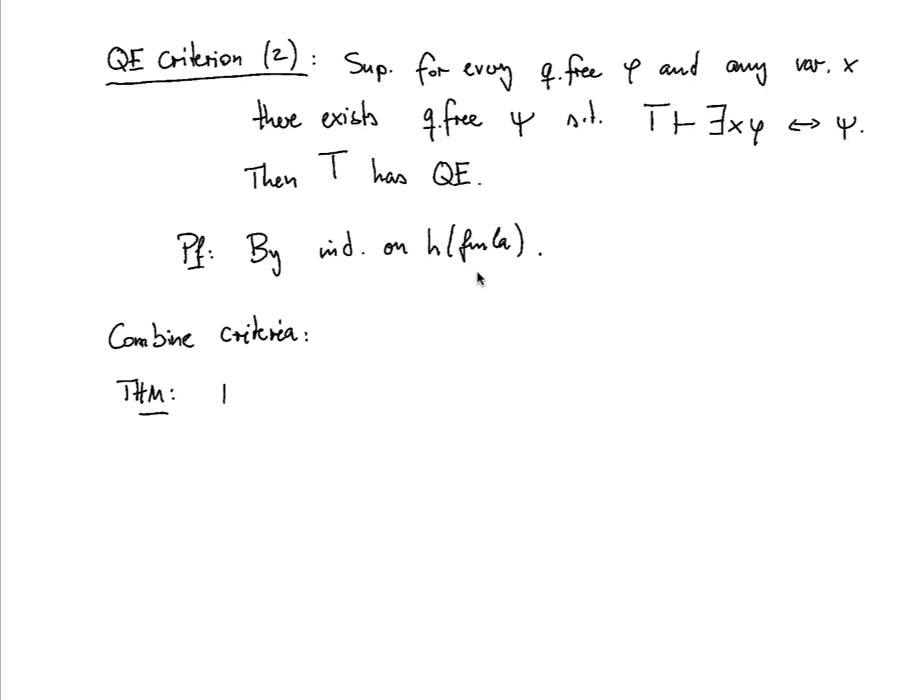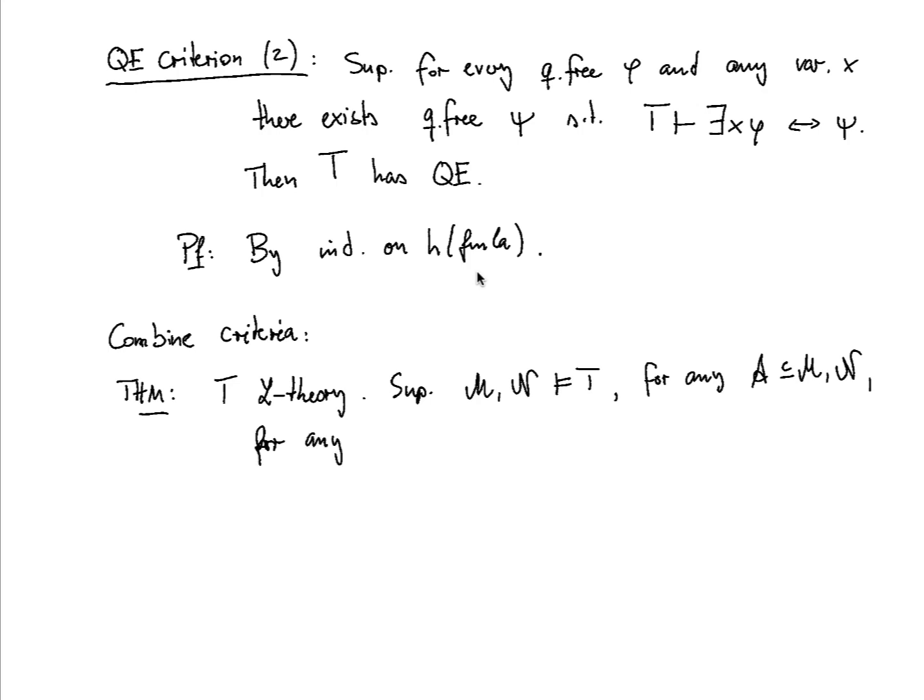If T is an L theory, and suppose that for any two models, M and N of T, right, and for any common substructure A of M and N, right, and for any quantifier free phi of x0, x1, up to xn,